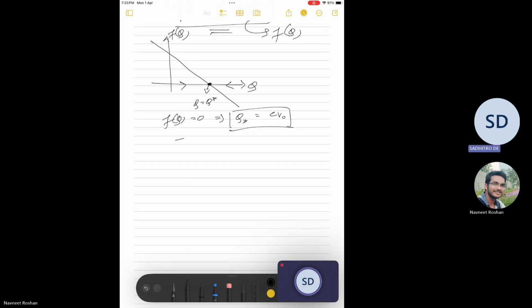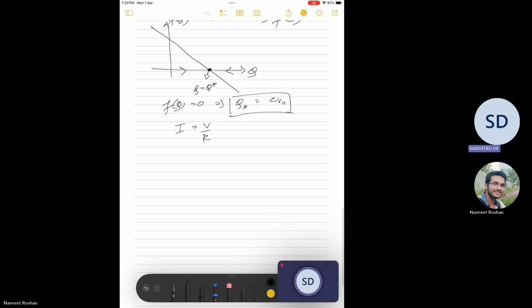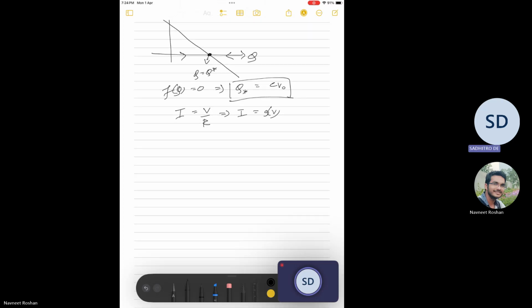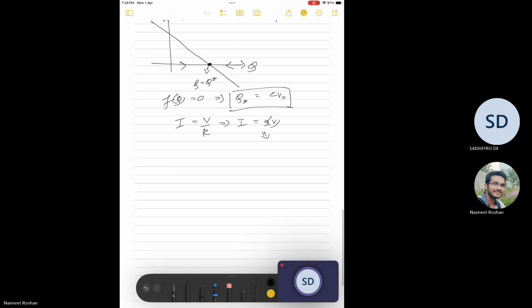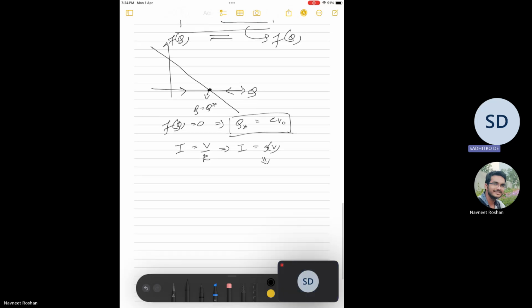So when we have a nonlinear resistance, it is the current through the resistance. So initially we had I equal to V by R, right? And now what happens is that in this case, I becomes a function of V, and this function is a nonlinear function, right? So then in that case,